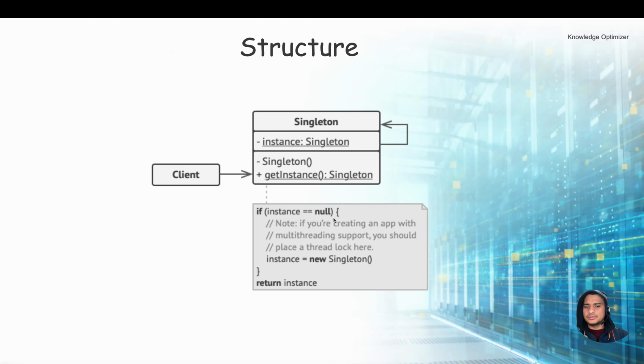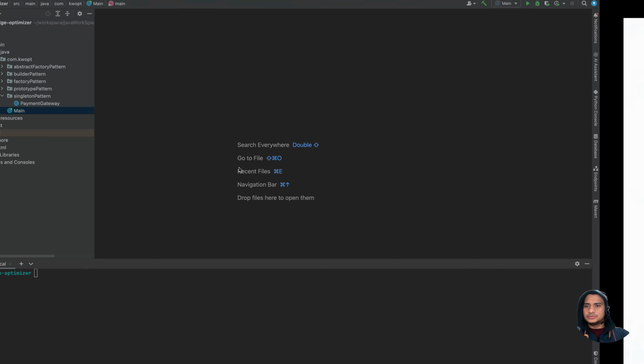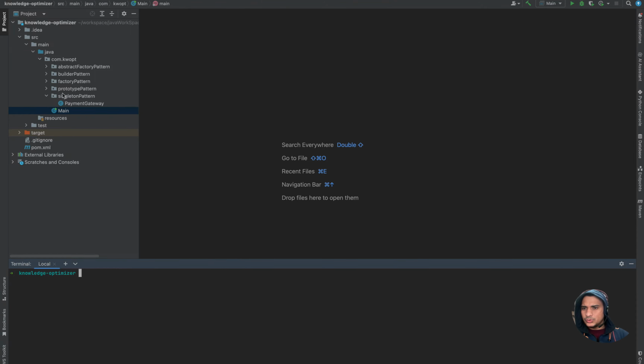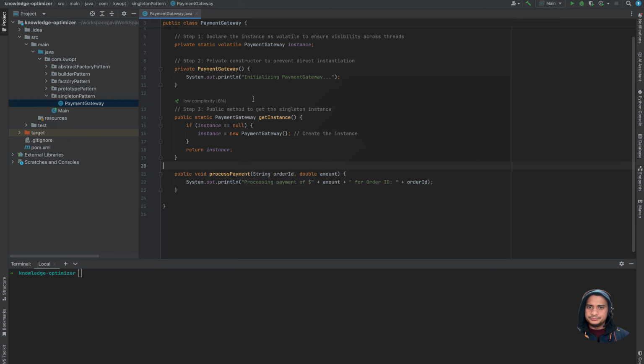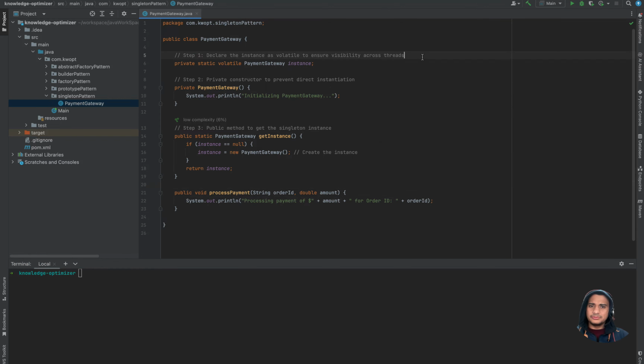If instance is equal to null, then initialize and return that. So we'll jump into the coding part of it. This is the simple thing. First of all,